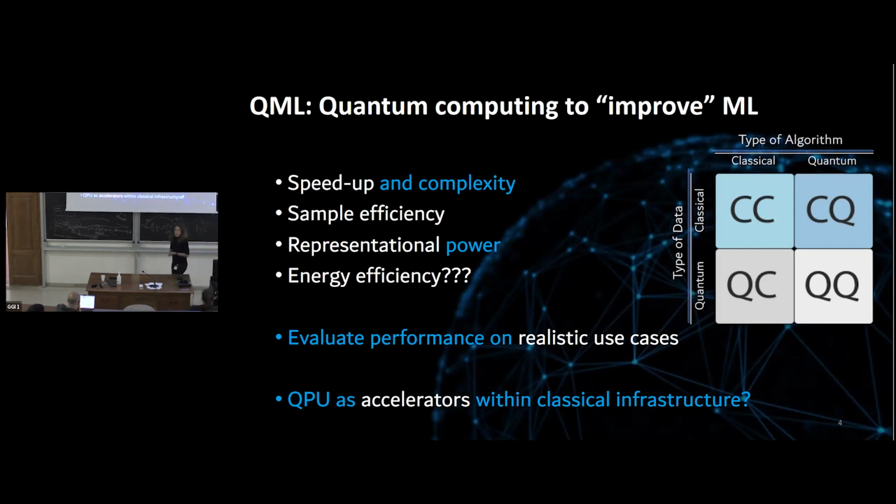So when people talk about quantum algorithms, and QML is part of those, this table is what you typically see. The idea of applying quantum algorithms to classical data or to quantum data. And so you can characterize the different kinds of performance improvement that you expect with respect to the type of data you are looking at. And in the examples that I will show you, most of them are related to applying QML to classical data. We also have an example of simulated quantum data, and I hope I can get there at the end of my talk, but it's a very nice example, and let's say a demonstration of what the future applications could look like. And the last two things I wanted to stress are